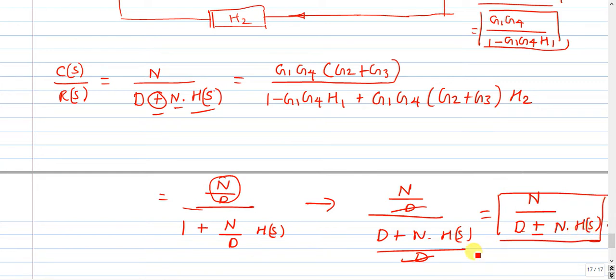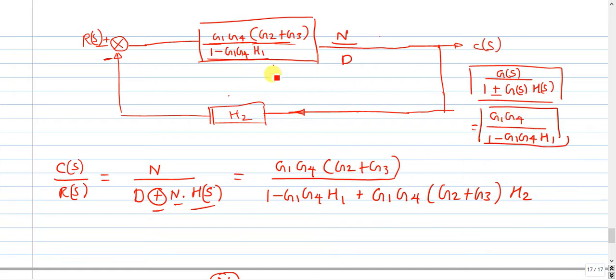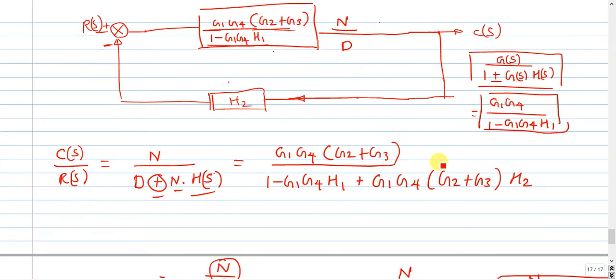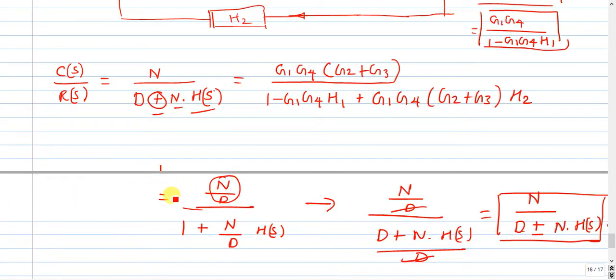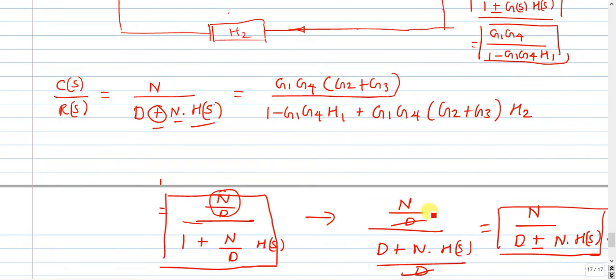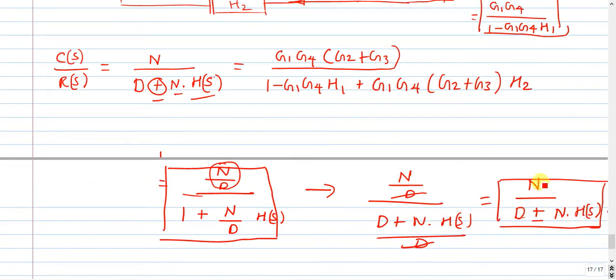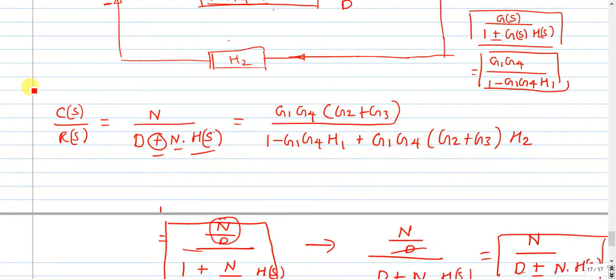So you can save time in the examination. Or else if you want to substitute the same, you can do that. It takes more time. You need to cancel, you need to write in the form. In this form you need to represent the complete equation, and later you need to cancel out the denominator and rewrite the final function. But I have shown you how to read the final form directly. So this will be your final transfer function of the given block diagram.